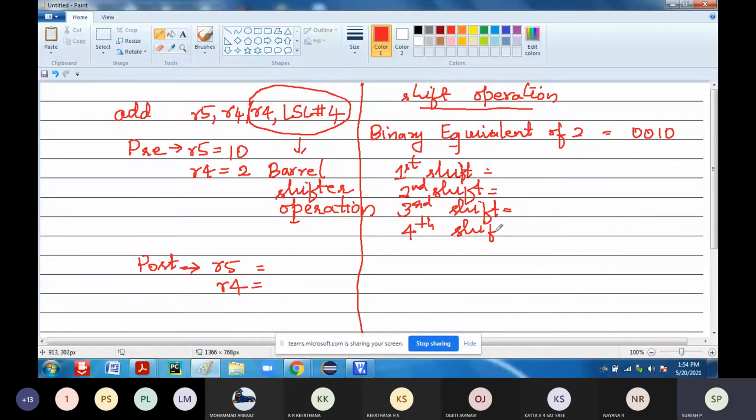Okay. So first shift gives 0, 1, 0, 0. Take it as 4. Next it will be moved to here. Second shift, followed by 4 zeros. Third shift is like this. Fourth shift is like this.